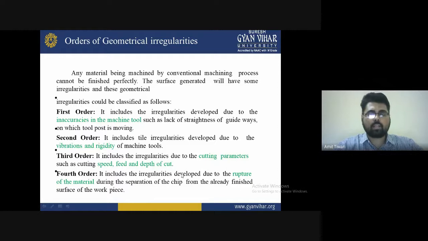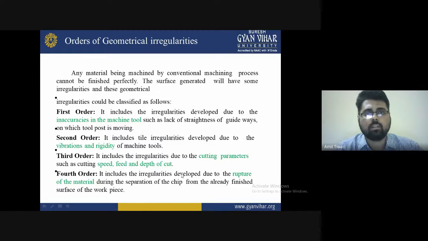So if you know which conditions are present, you can find them out and reduce them. After that, it will be easy to understand. If you know that a condition is responsible for increasing the roughness or irregularity of the surface, just maintain it after identifying. How can you identify the causes? You can randomly check the surface roughness of a particular material using a surface roughness tester, profilometer, or any other kind of instrument.